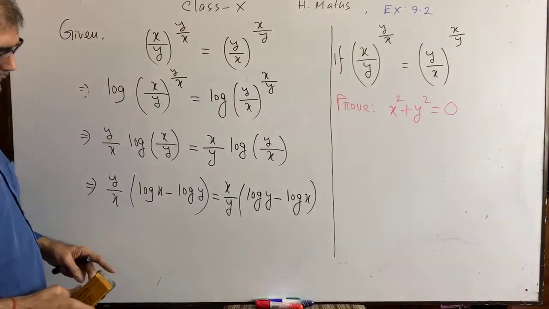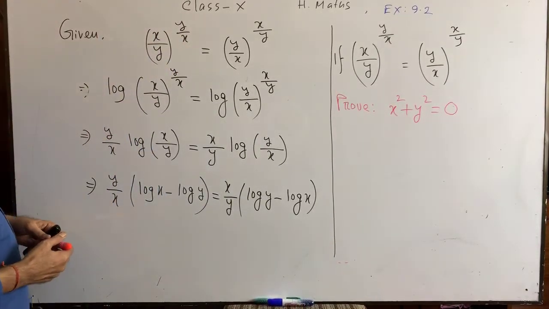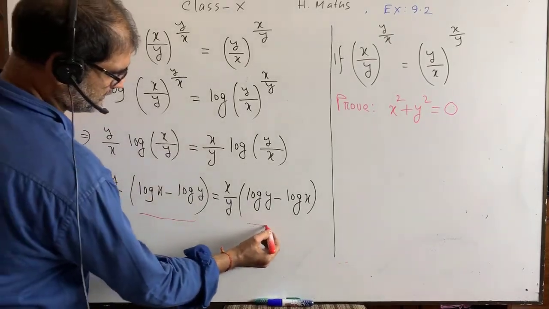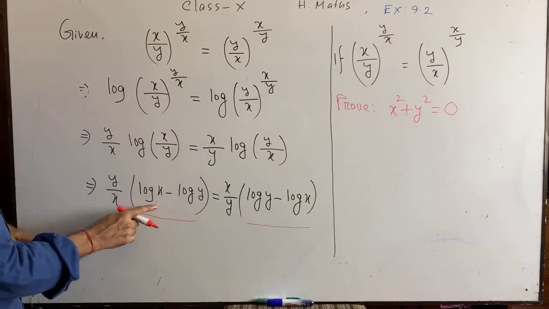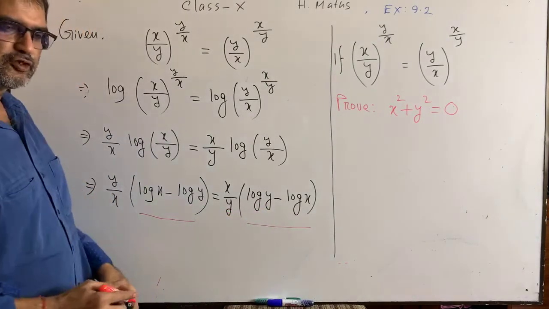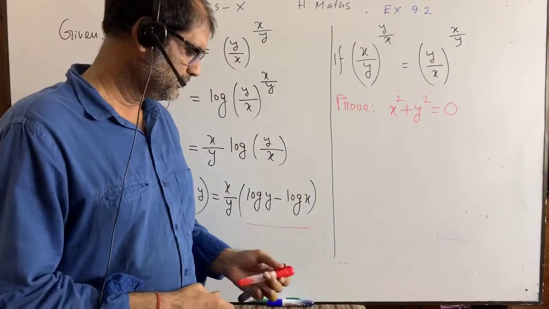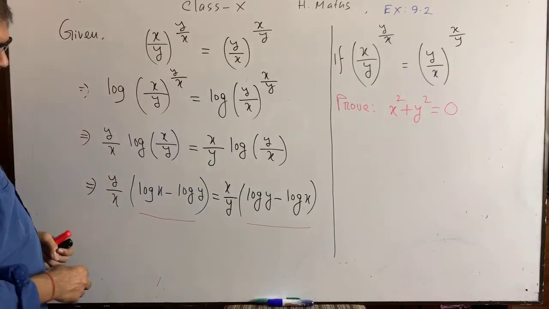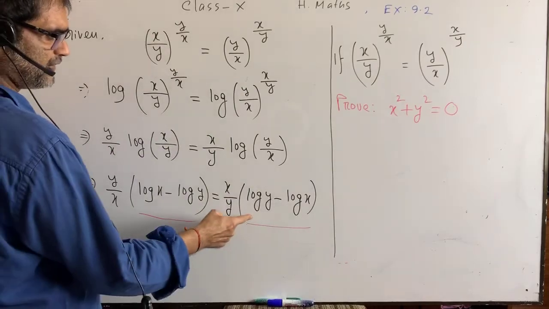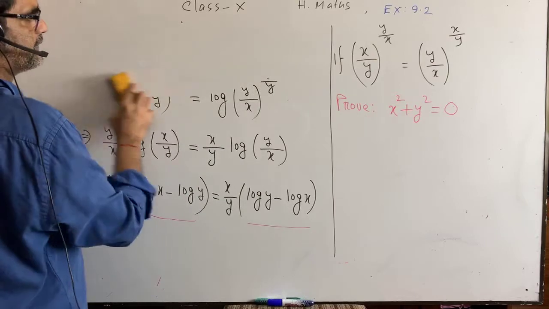I think I've got it. Now can you differentiate the two parts which are within the first bracket on the left hand side and also on the right hand side? You see, it is log x minus log y, and it is log y minus log x. My dear students, they differ only by minus 1, right? If we multiply by minus 1, or if we take minus 1 common, then we will get it. You see how to do it.